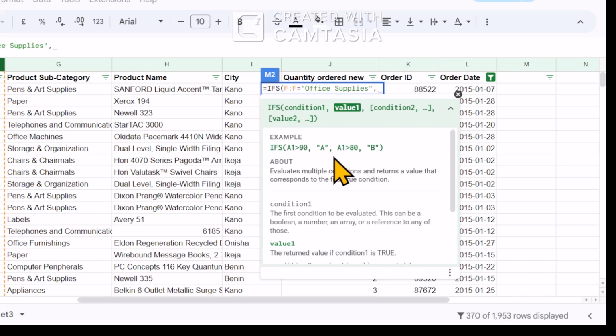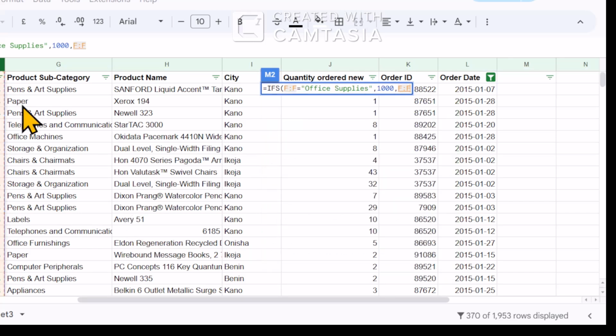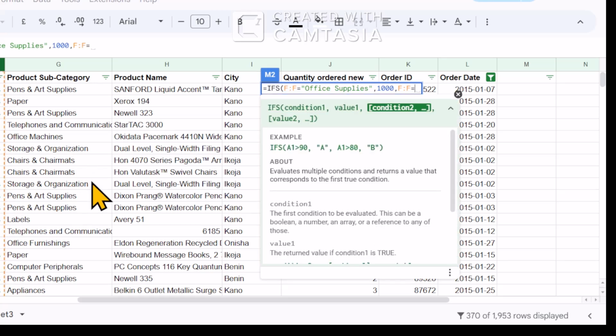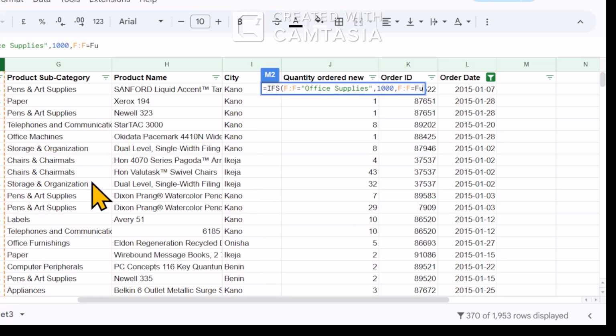I want office supplies to be 1,000 in their price. So if column F carries office supplies, I want it to return 1,000 naira in the cell. But if the value is furniture, so I'm going to highlight it again. If column F is furniture, okay, furniture,